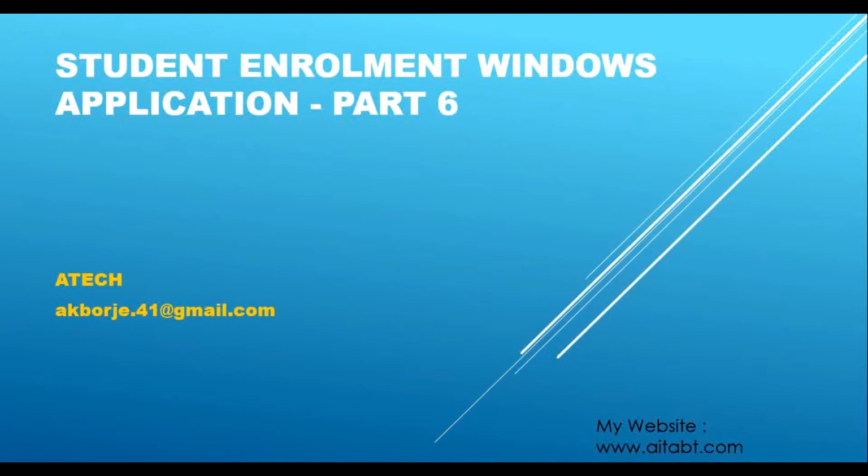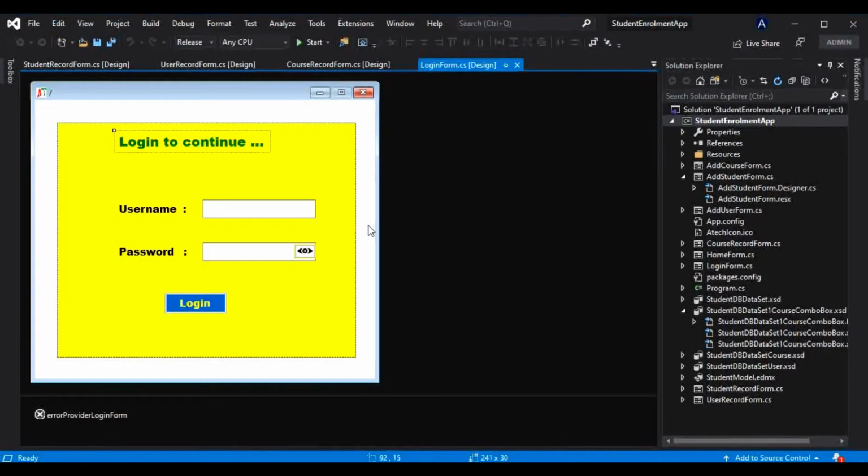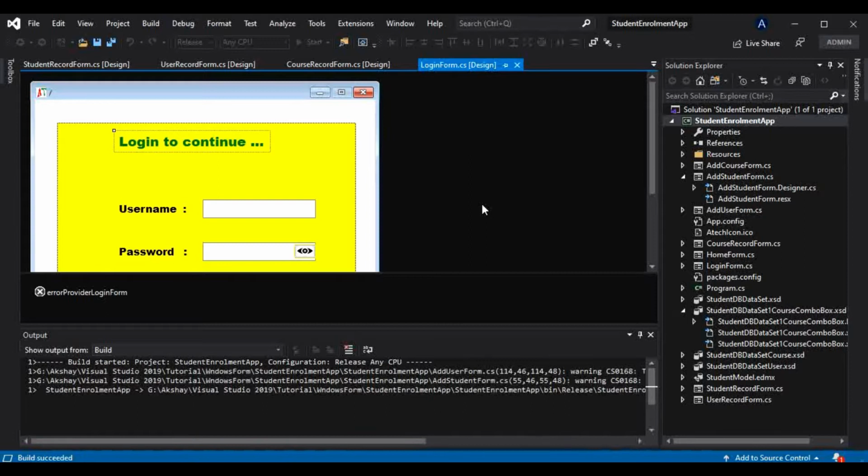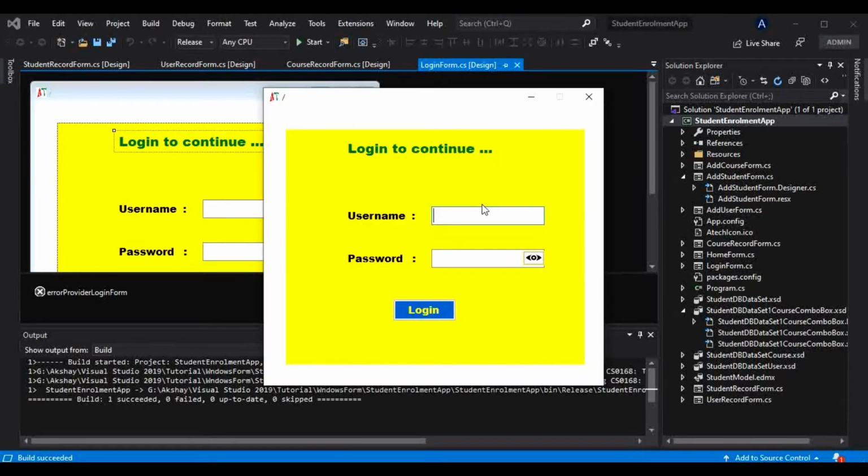This will be the last part of this Windows application series. Today we will learn how we can edit and delete these records from the database. In the previous tutorial I also told you, what if we want to edit the records we are adding into the database? I will show you that use case here. Let me run this. What if you want to edit the records? Let's say we made a spelling mistake, or entered wrong data, or we want to delete a record that we don't need anymore.